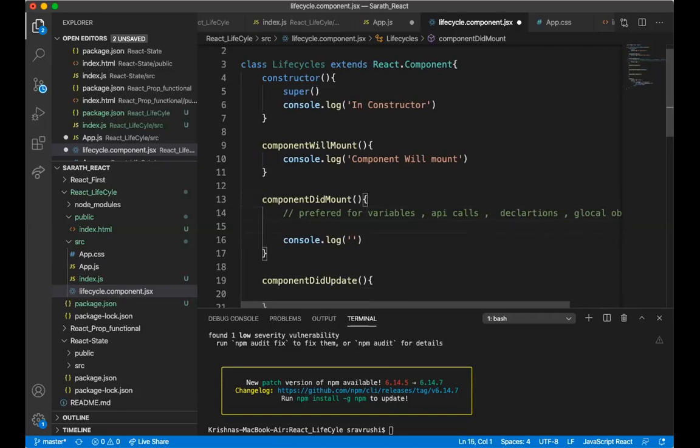It is very preferred to use this place to do any API calls and also variable declarations, global declarations, or whatever object declarations. Anything we want to declare, we have to declare inside this component did mount. And this is also executed in the first initial phases only.